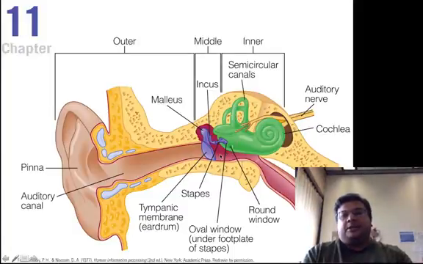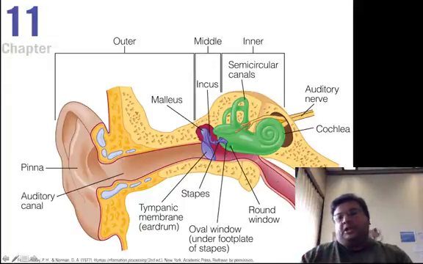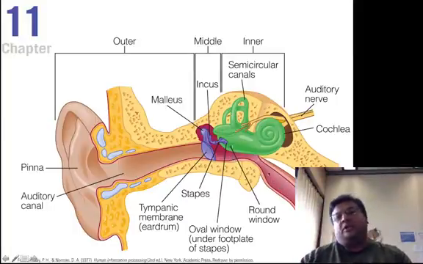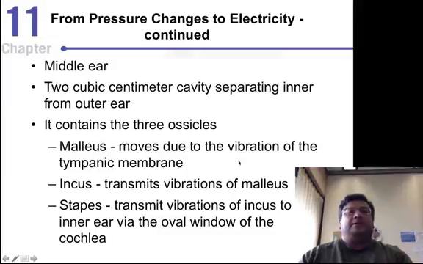So that's the ear. Of course, here we have the eustachian tube. And this tube here is used to balance the pressure between the outside and the inside of the middle ear. And of course, if these get clogged up or infected, you get earaches, right? Sometimes little tiny babies need to have tubes put in to clear these out because they get a lot of ear infections. Right? So the middle ear is where